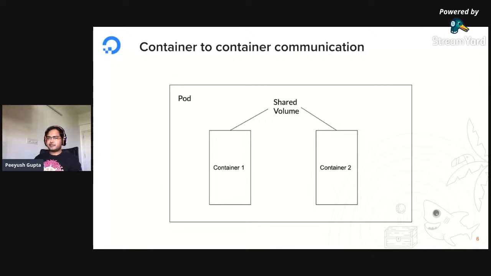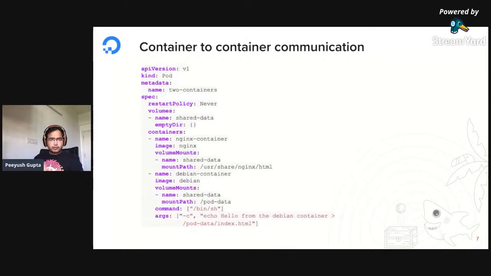It's as basic as it gets, right? I hope this is visible to everybody, and I will just walk you through that. This is basically an implementation of the previous concept that we saw. This YML creates a pod, and that pod has got two containers. One is an Nginx container, and one is a Debian container.